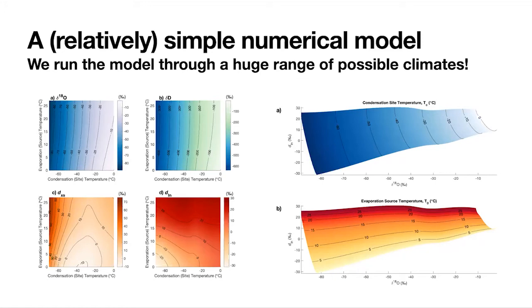So this is a whole field of possible water isotope ratios that result from possible climates, that is, possible different temperature gradients. Then what we're going to do is invert these maps so that we now have, instead of two different temperatures on the x and y axis, delta 18O and deuterium excess on the x and y axis. And the surfaces now are the final temperature of condensation and the final temperature of evaporation. The reason we're going to do this is now we can use those two maps on the right,